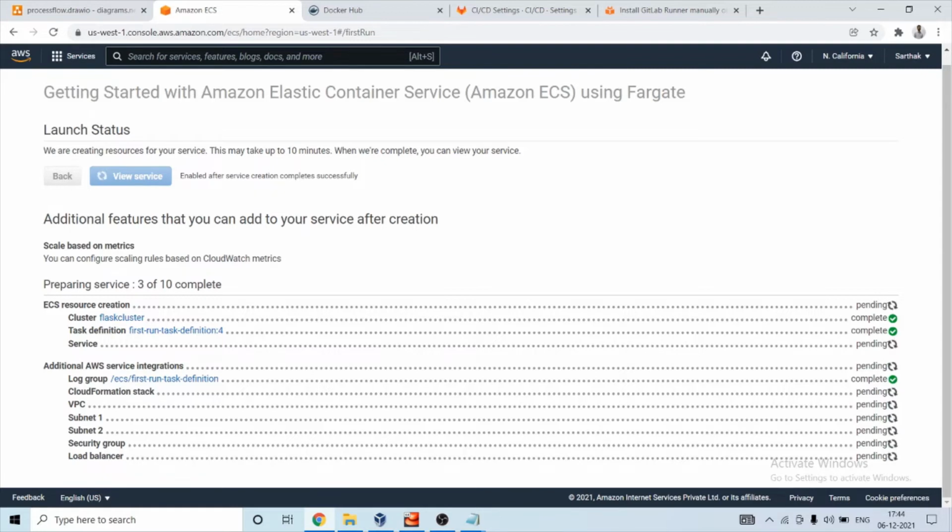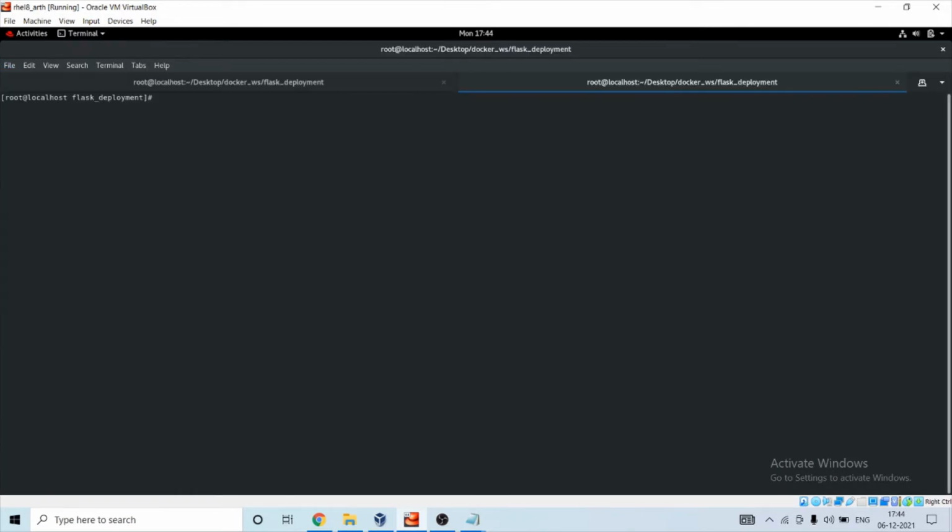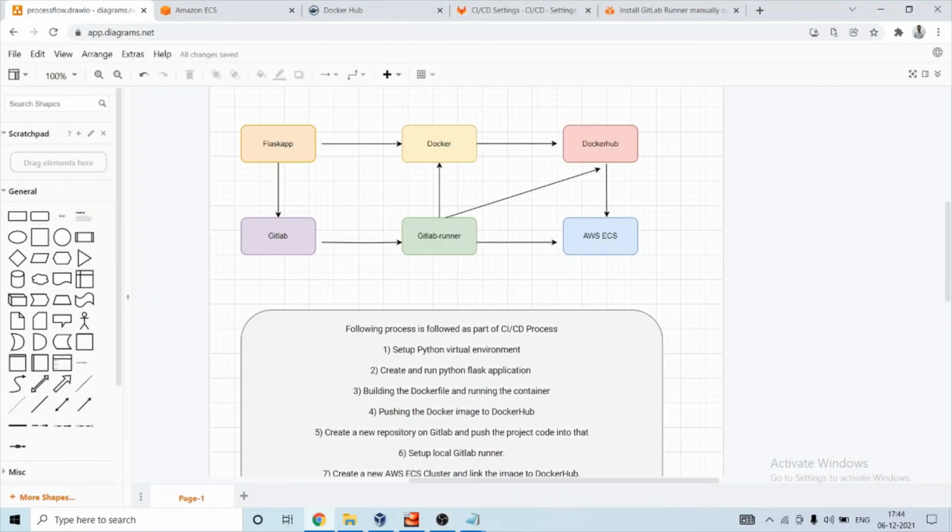So let's configure our GitLab runner such that whenever a new push is made to GitLab, it will automatically trigger and run a new container in AWS ECS, and also build the image and push it to Docker Hub.